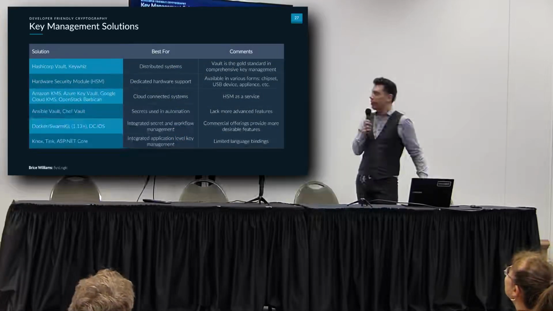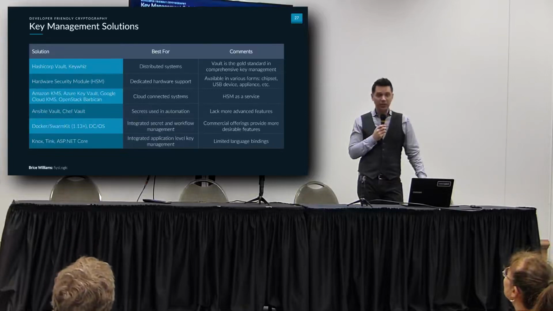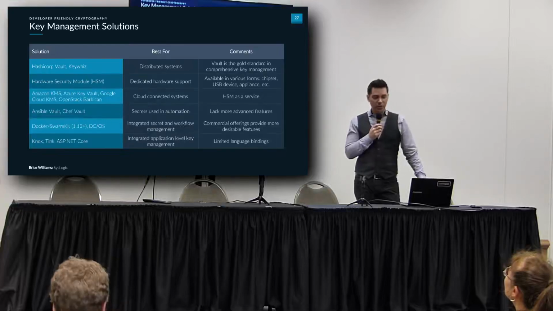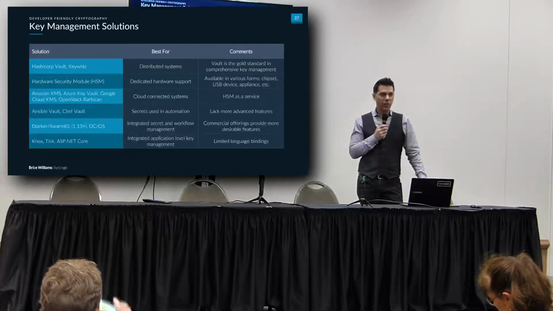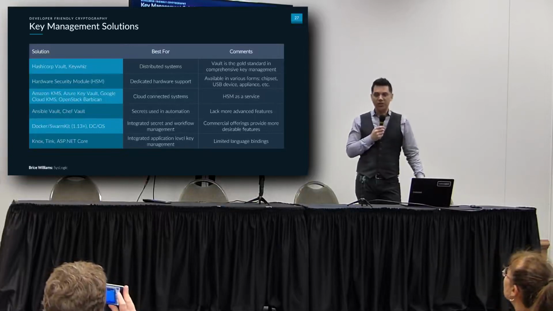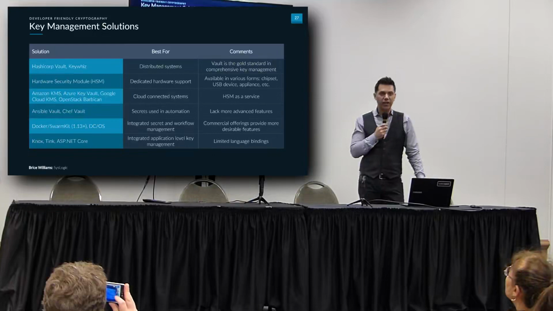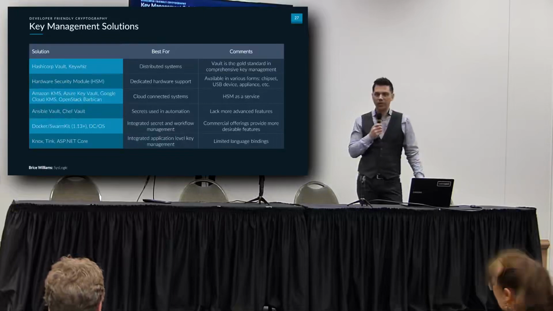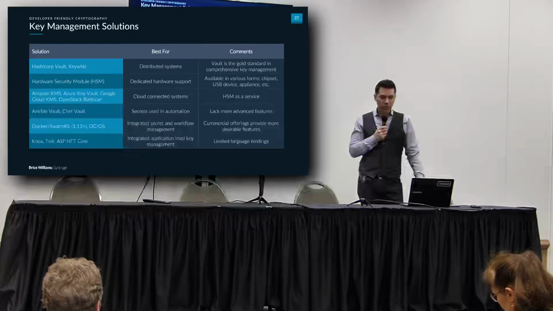So, some key management solutions. You might not be able to read this slide, but I'll highlight a few pre-made solutions, rather than having to roll your own, which is generally not ideal. So you've got HashiCorp Vault or KeyWiz. These are good for distributed systems, client-server environments, anywhere you've got more components involved in your system environment. Vault is considered the gold standard in this space. They have a very comprehensive key management strategy and allow a variety of topologies in how you deploy your key management infrastructure and so on. So it's a great tool in this space.